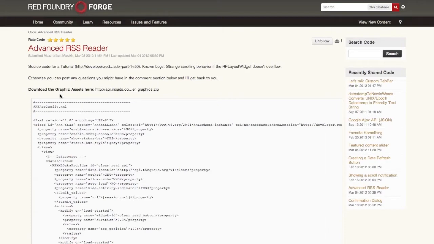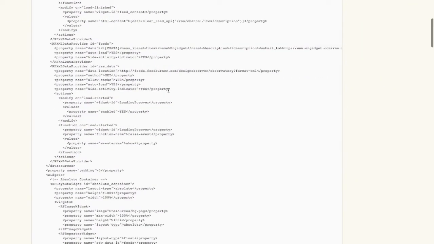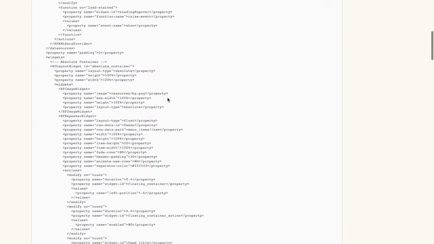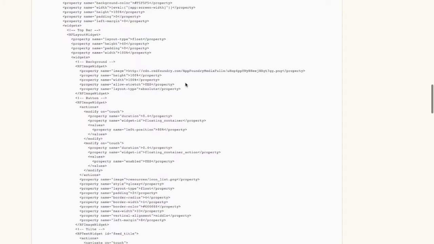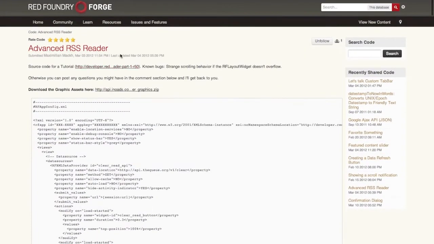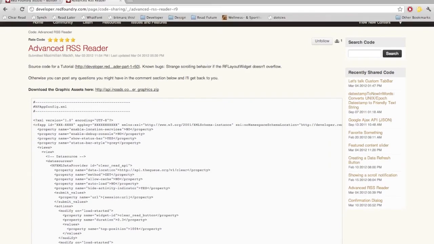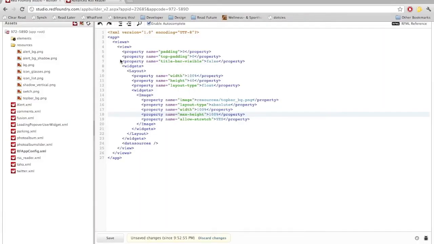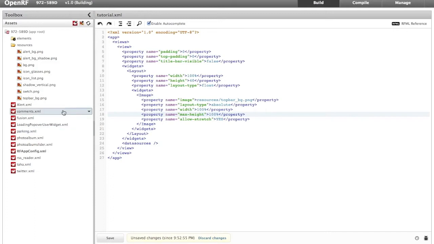You can download all the graphic assets used in the screencast here. What will not be included is the top bar image, which you'll have to download from this address here. It's located in the advanced RSS reader code sharing section as well. So first thing, we'll navigate to our builder, and I won't be